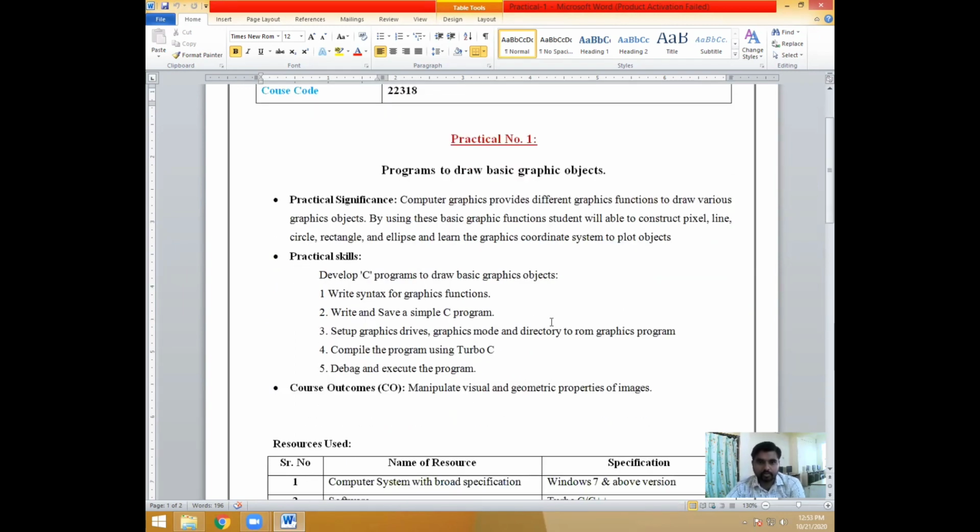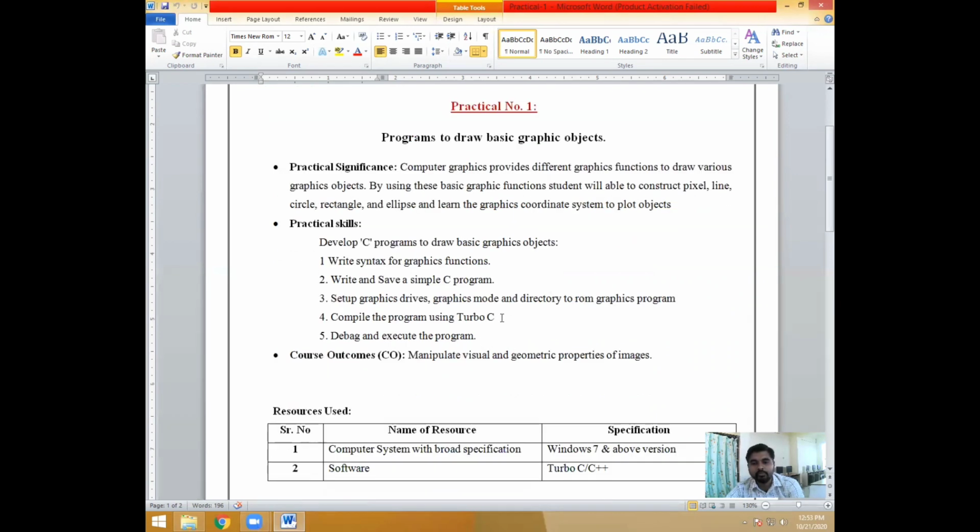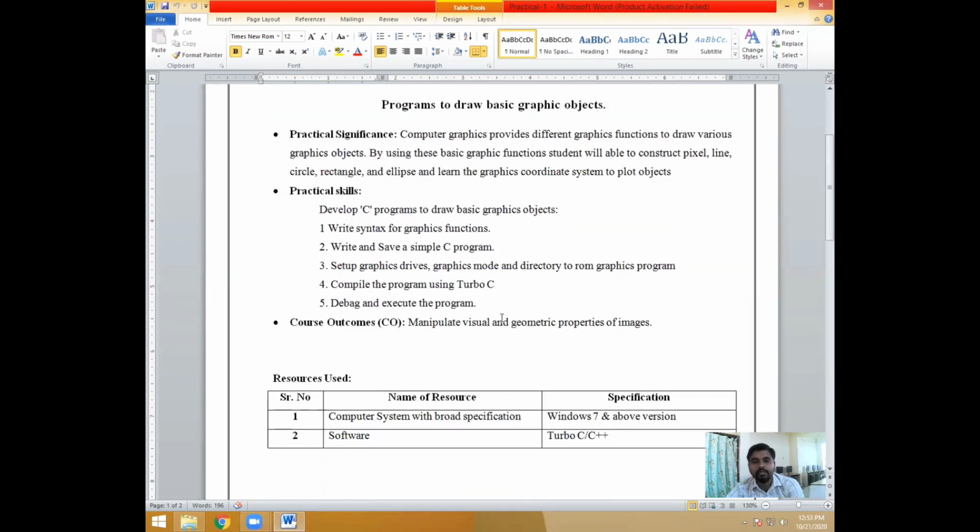After studying this practical, you will be able to write syntax for graphics functions, write and save a simple C program, set up graphics drivers, graphics modes, and directory to run a graphics program, compile the program using Turbo C, debug and execute the program.